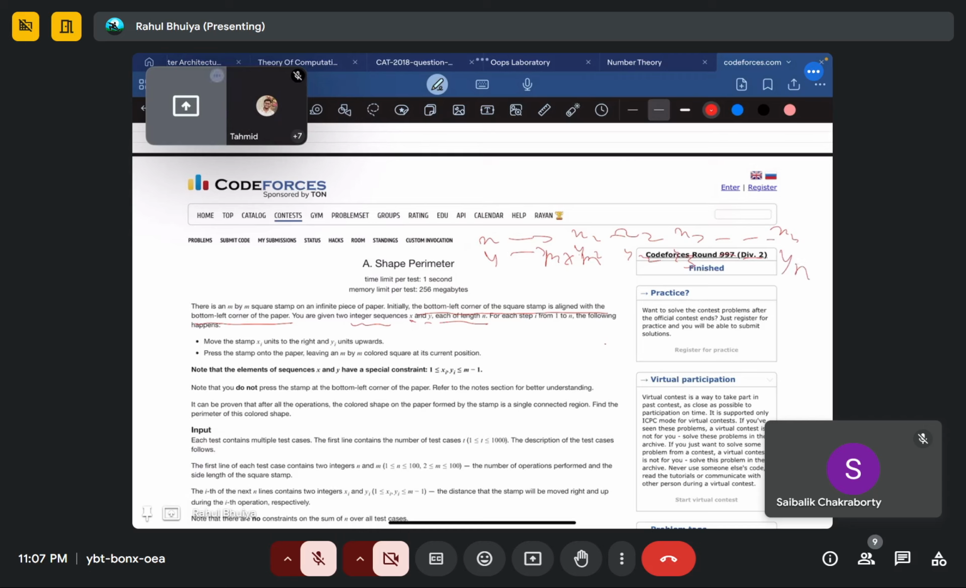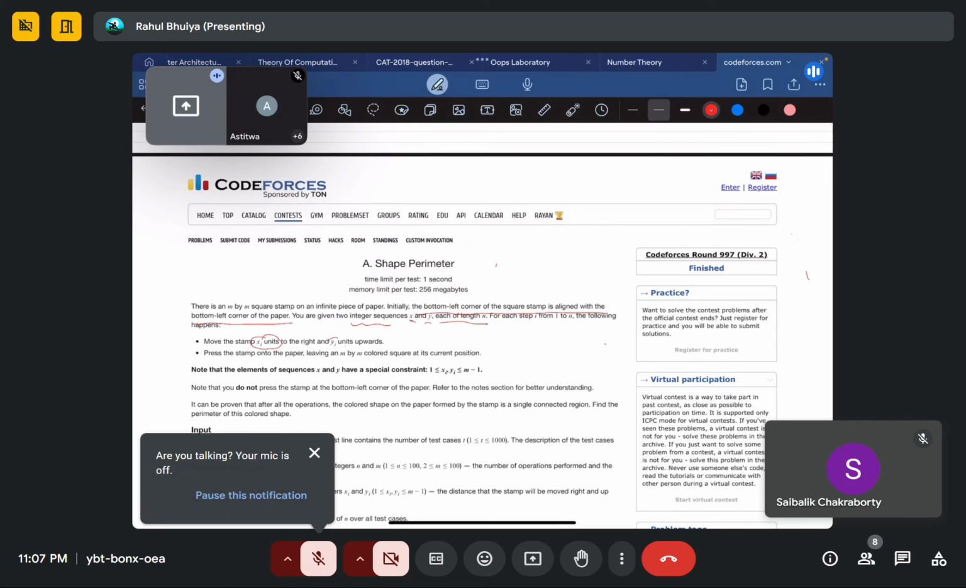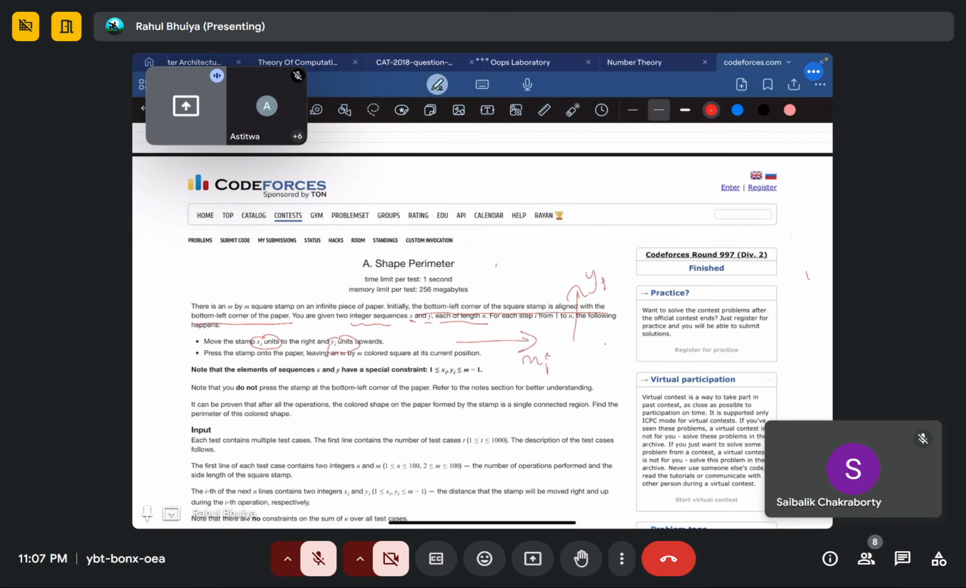y3 up to yn. Then it is said that we start from any initial position. Then we put the stamp. Then we move x of i units and y of i units, in this direction. Whichever point we reach, we again put a stamp there, of dimension m cross n. So if you understood up to here,